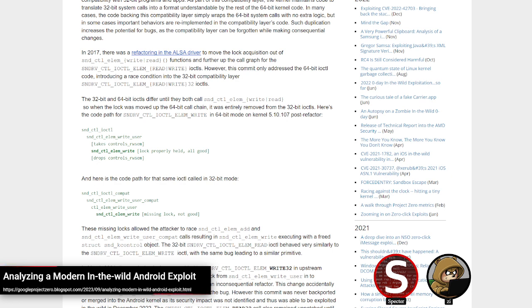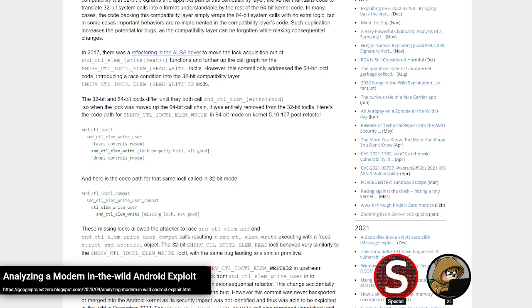This was fixed, and I put fixed in air quotes, by preventing unprivileged access to TL streams, but for a while, TL streams were just accessible to unprivileged users. So by combining the two, they could heap spray with Mali soft jobs to reoccupy that sound K control space, and by combining with the TL streams info leak, they could fake kernel pointers to get control over various fields, including the put function pointer for code execution.